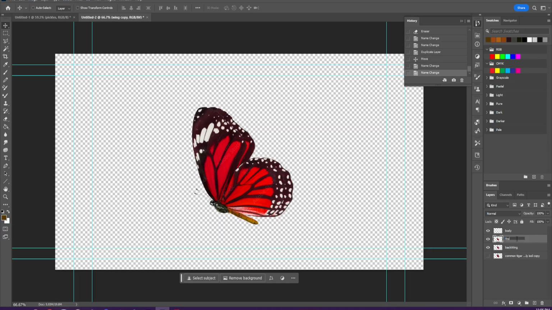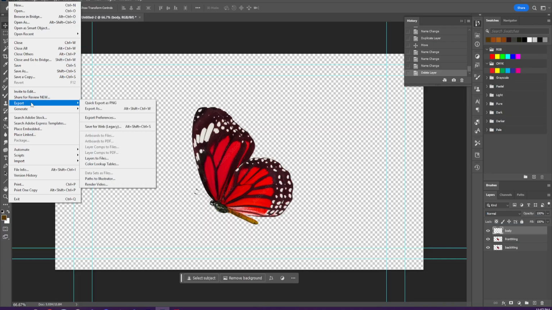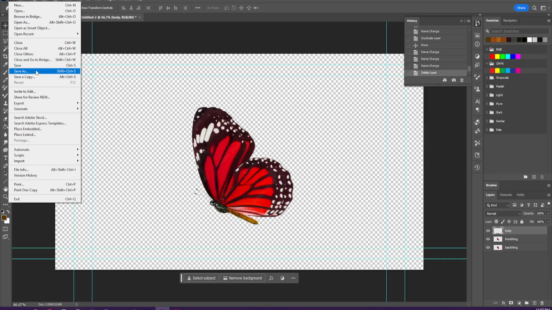Front wing. Okay, and since I didn't need the original again, I'll just delete that. I think I'll just Save As,